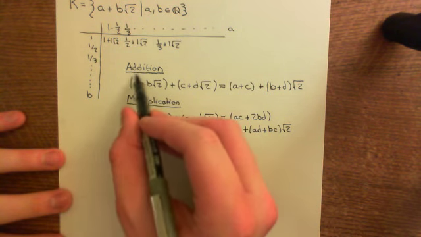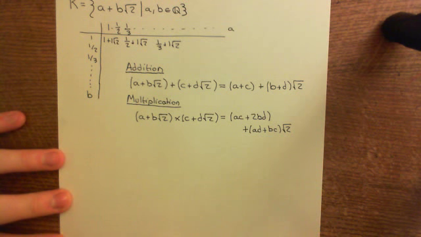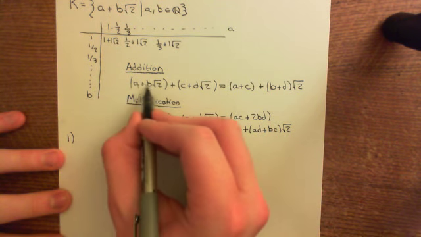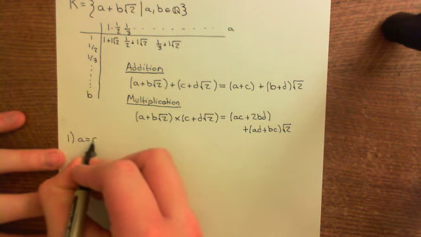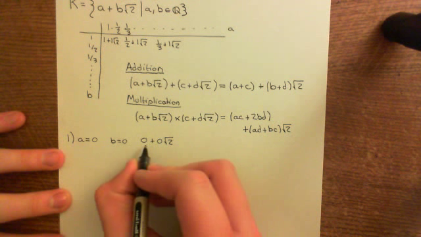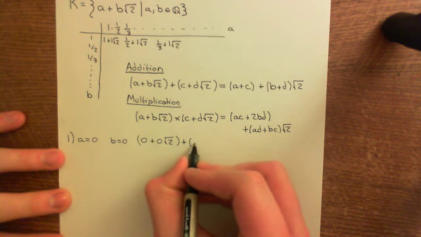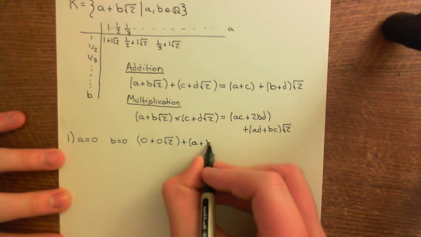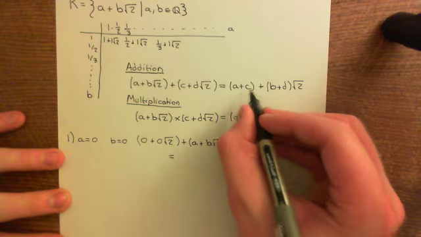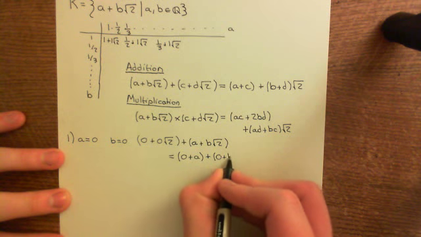Okay, so firstly, addition. We firstly need to prove that it has an additive identity. So the additive identity, therefore, is going to be the element where you have 0 in both positions. So A is going to be 0 and B is going to be 0. So it's going to be the element 0 plus 0 times the square root of 2. And the reason is that if you add this to any other element, let's say A plus B, the square root of 2, where A and B can be any rational, then just using our own rule here, this is going to be 0 plus A plus 0 plus B times the